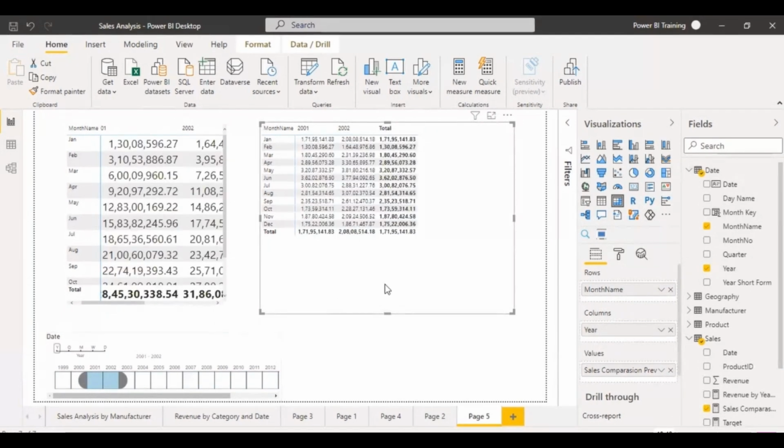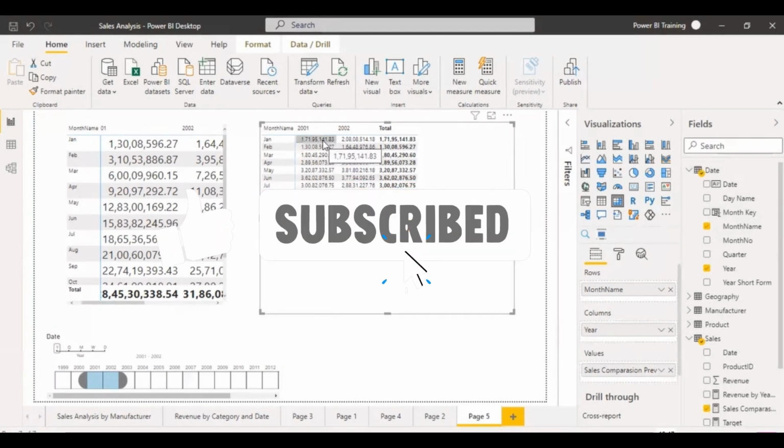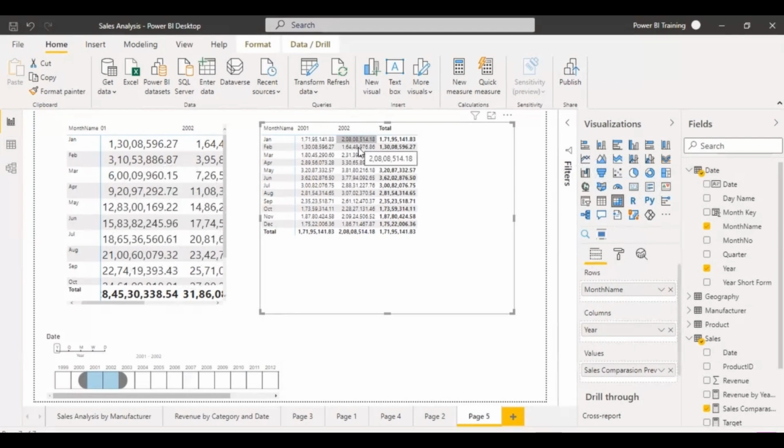So in the month by month comparison, you can see a very, very clear comparison. In year 2001, this was the sales in January. In year 2002, this was the sales in February. You can even calculate the difference between the two. And on the fly, you can see how the total value is getting reduced or increasing. So what exactly are the changes you need to make in your sales approach to increase the sales? Thank you so much. Go ahead and practice them. Now we have